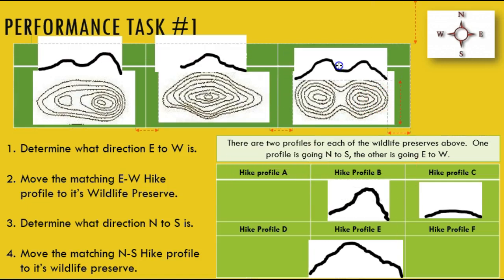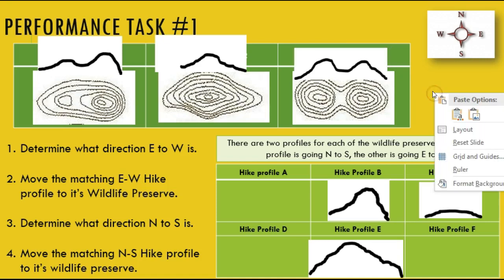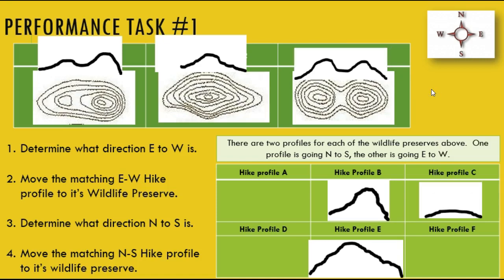So we'll bring this up here so we can see it. You can see here, these are closer together, and then they get further apart. And you can see that steep climb, and then it gets a little more gentle. And then here we come down, and there's a valley that's pretty wide. And then we start to go up to that second hill, and then we fall off on that other one over here. So we have this nice wide valley, and then sort of a steep descent over here. So those are our topographic maps with their east to west profiles, which is what you'll be looking at in